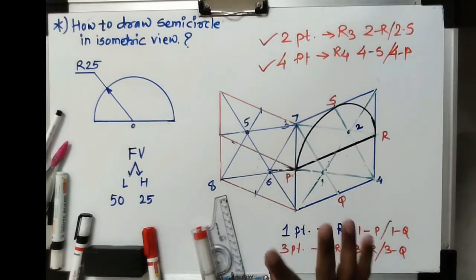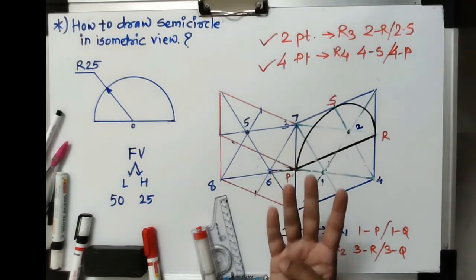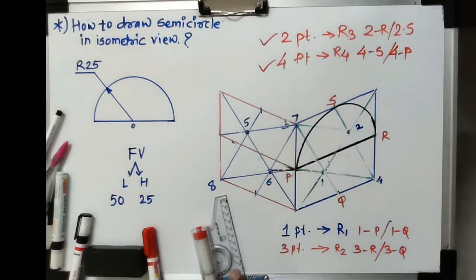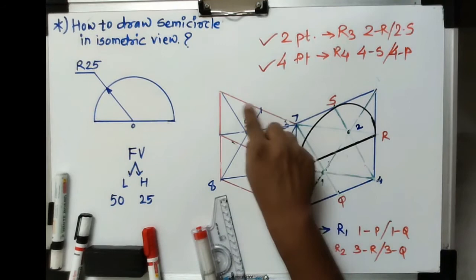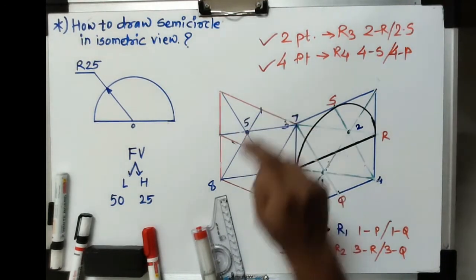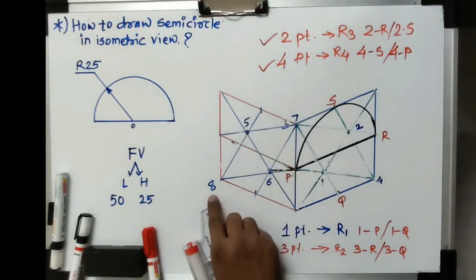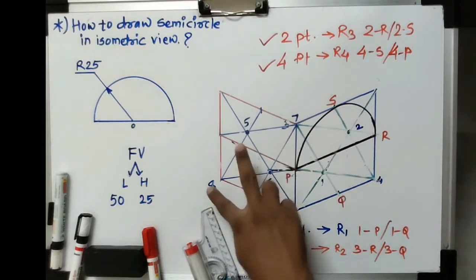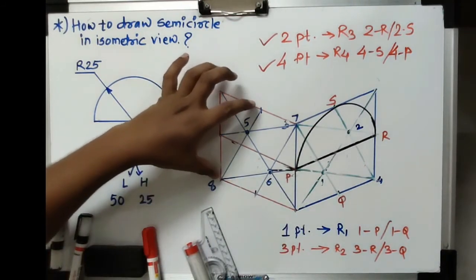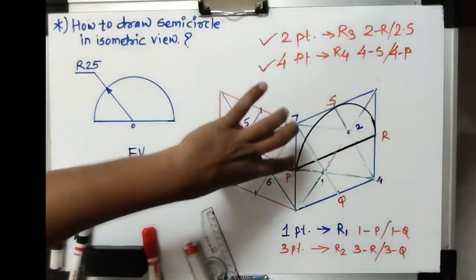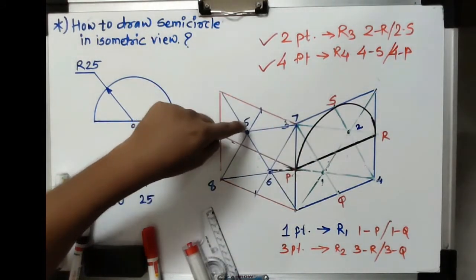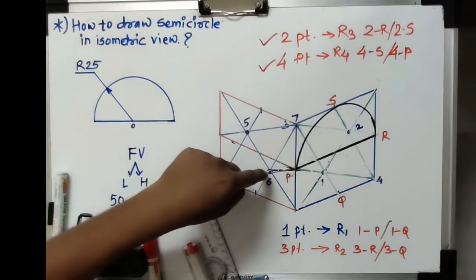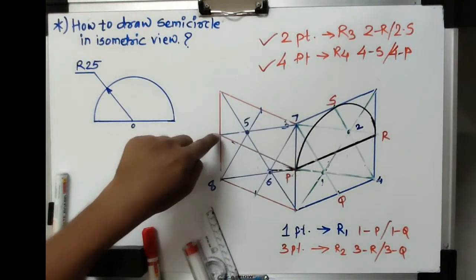Now once again remember, for a complete circle 4 points are useful, and for the semicircle only 2 points are useful. Here if I consider the point 5 and use this much distance as a radius, then it will create this arc above that diameter line. And if I consider the center point 8 and use this much distance as a radius and draw the arc, again it will create the arc above the diameter line. Means here the points 5 and 8 will be useful. The 6 and 7 will create the arc on the below side.